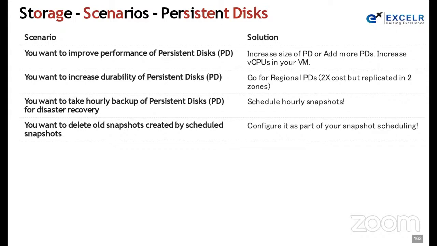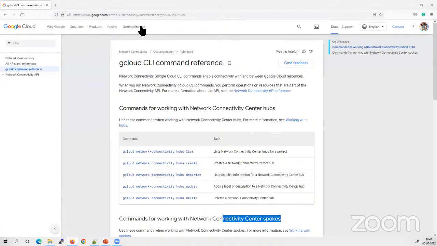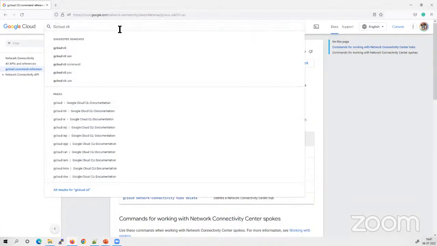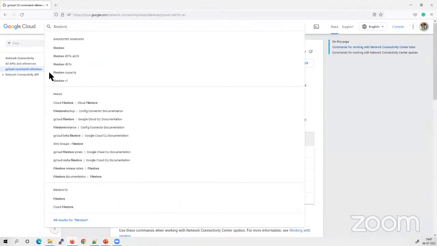Fine. Let us move to the next service, which is your Cloud Filestore. So, what is Cloud Filestore? Before we go there, let me just open the link for it. There is our Cloud Filestore. If I go and look at the documentation here,